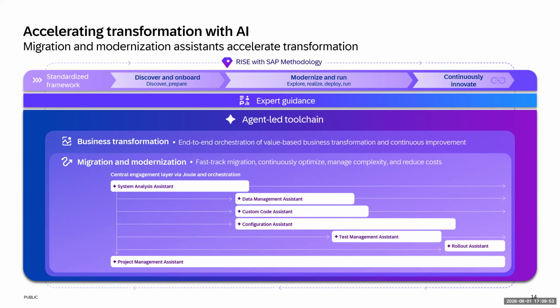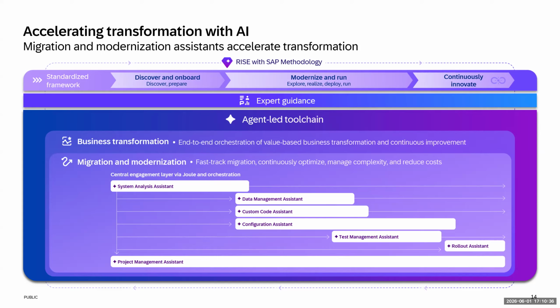Then there's a data management assistant that turns fragmented data into a governed cockpit for quality, usage, and remediation. We have a custom code assistant coming up that classifies, remediates, and modernizes custom code to accelerate clean core adoption. Helping with the custom code will, I think, massively help here. Then we have the configuration assistant helping with best practice target configurations, and a test management assistant